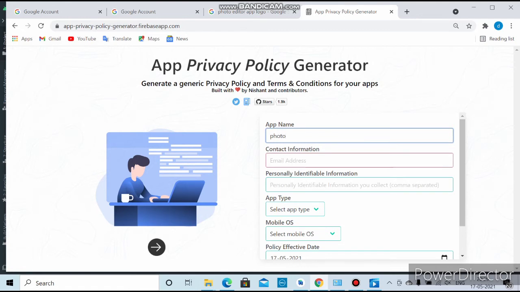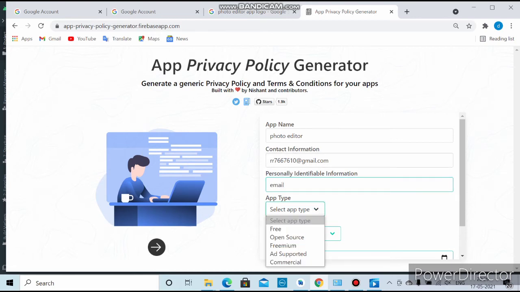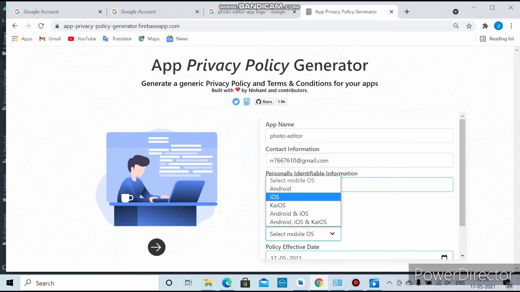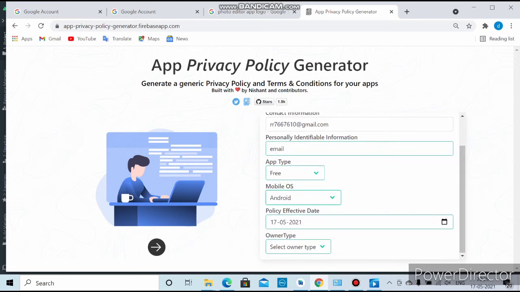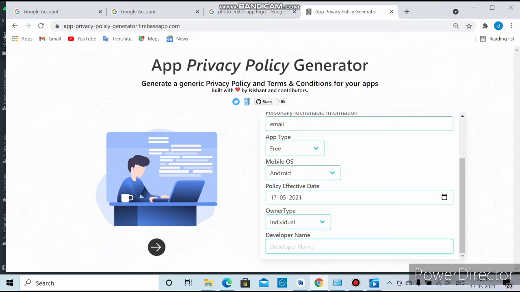After clicking on the first link, it will ask for the app name. I'll give photo editor, and for contact information, I'll give my email ID, and for the personal identity information, I'll give email, and app type free, Android, and owner type individual, and I'll give my name.